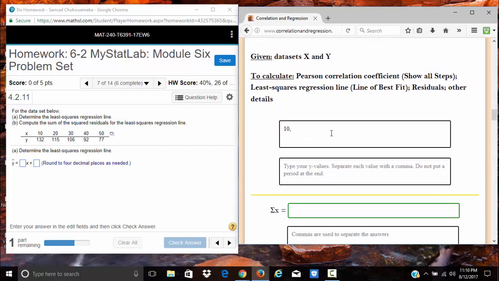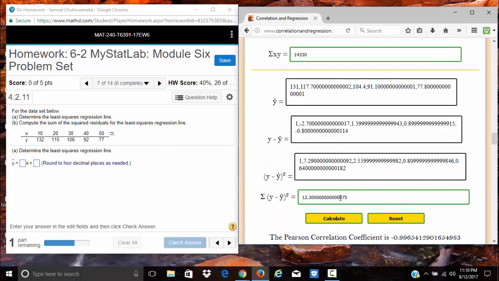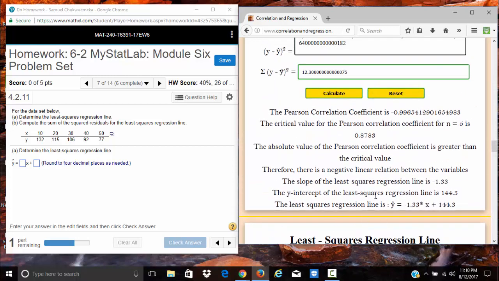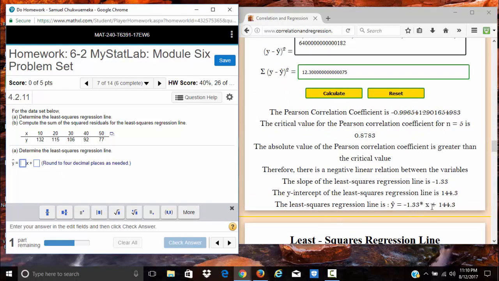X, we have 10, 20, 30, 40, 50. Y, we have 132, 115, 106, 92, 77. And we click calculate. So the least squares regression line we have here will be negative 1.33 times X